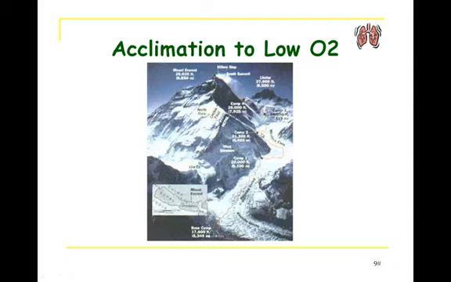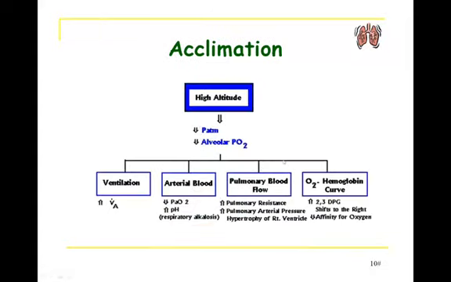If they didn't acclimate, they would never have a chance of ascending Mount Everest or a lot of these much higher altitude mountains. So some of the things that allow you to acclimate to this low oxygen environment include, well, you'll notice here, one of the things in result to the low levels of oxygen is ventilation increases quite a bit, and this is alveolar ventilation. This is pretty much right away. As soon as you go to that higher altitude, ventilation starts to increase quite a bit.